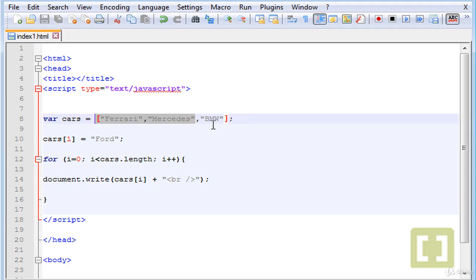What will happen is that BMW will be erased or deleted of the array. So to do this, let's go here and type cars.length equals 2 and semicolon. Now, if you run this,